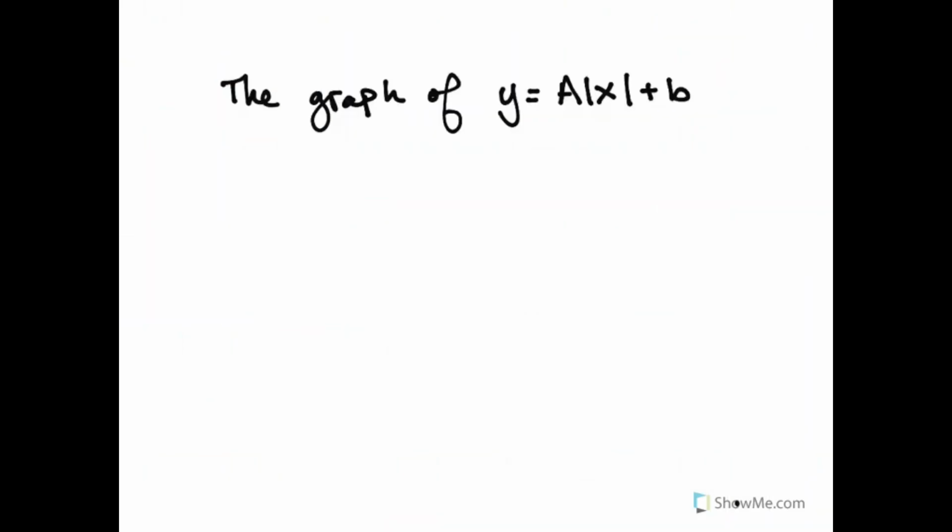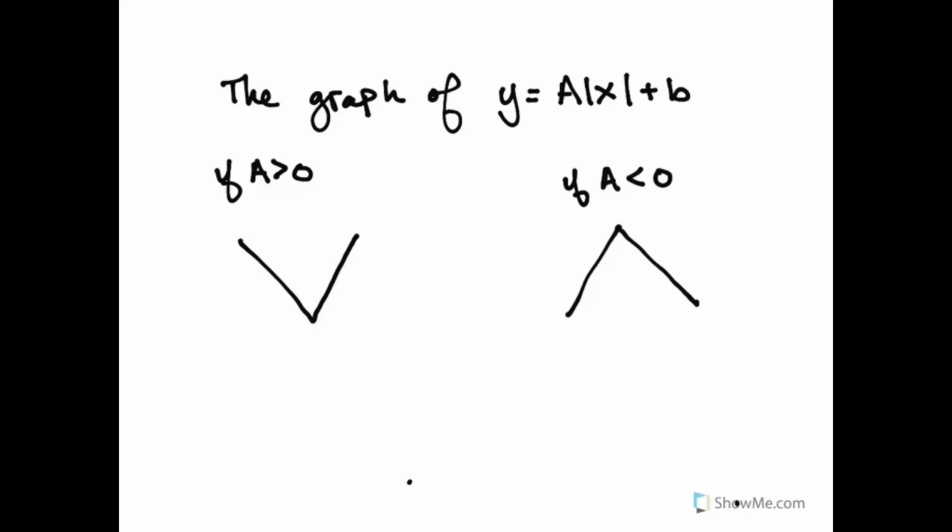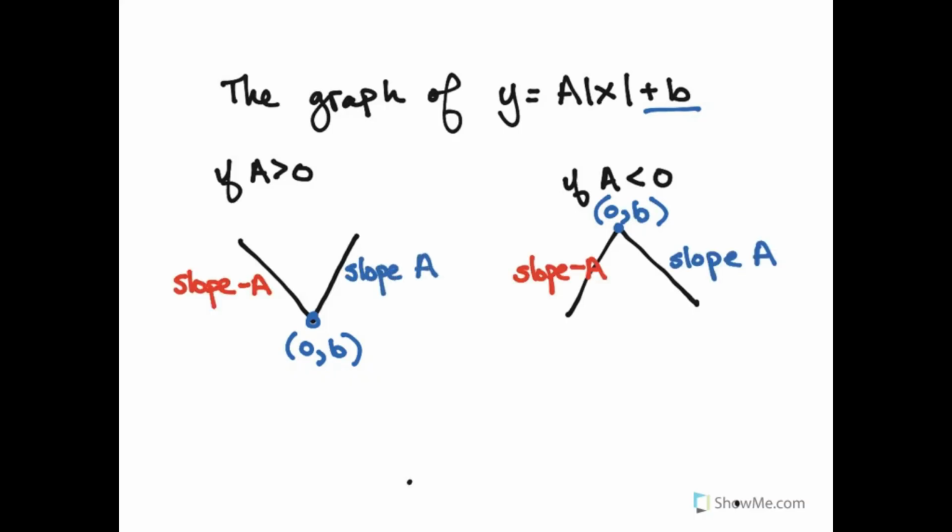So what we've learned here is that the graph of an absolute value equation is affected by the multiplier a. If a is positive, the graph is a V facing up, and if a is negative, the graph is a V facing down. The vertex of the graph is at the point where we have this constant, so this vertex is 0, b in either case. And the right-hand branch has slope a. It's neat to see how the constants affect the basic graph, and it's really useful to graph quickly.